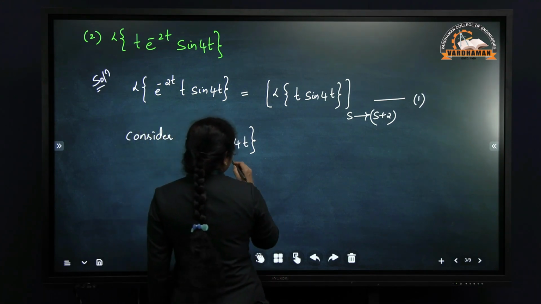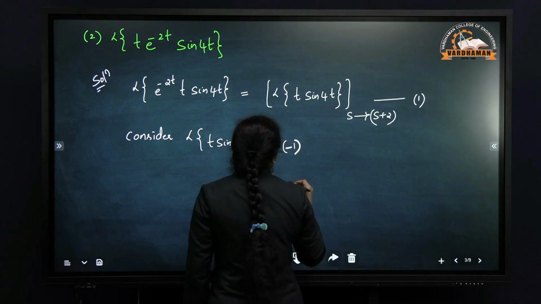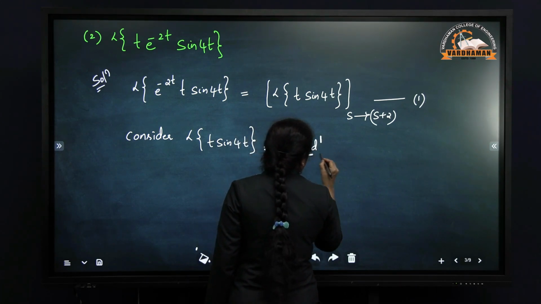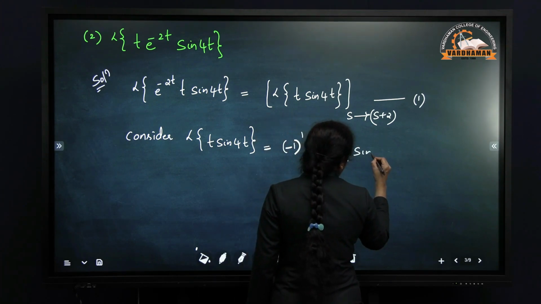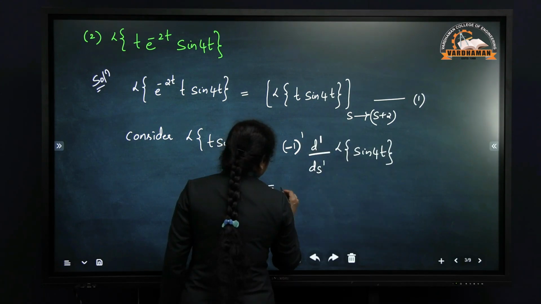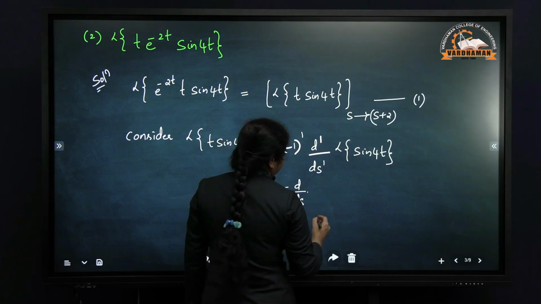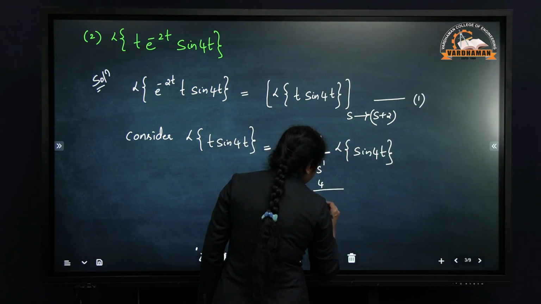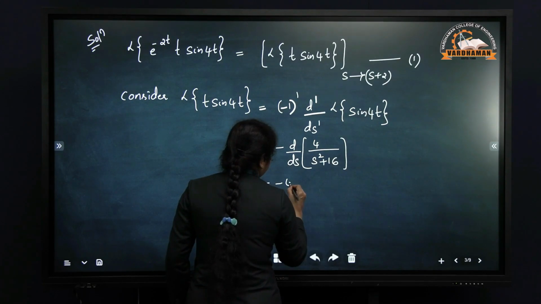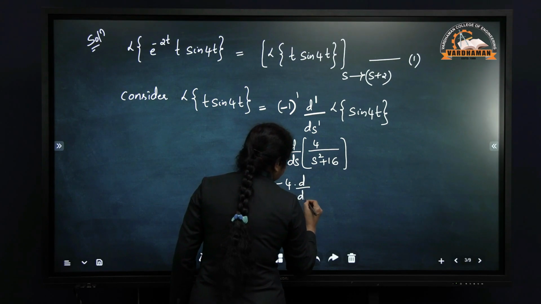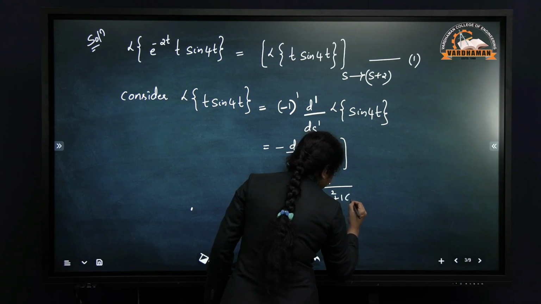So using multiplication by t power n, Laplace transform of t sin 4t can be written as minus 1 power 1 d power 1 by ds power 1 of L of sin 4t. So this is equal to minus d by ds of L of sin 4t, which is 4 by s square plus 4 square, that is s square plus 16. By taking 4 outside we get minus 4 into d by ds of 1 by s square plus 16, and